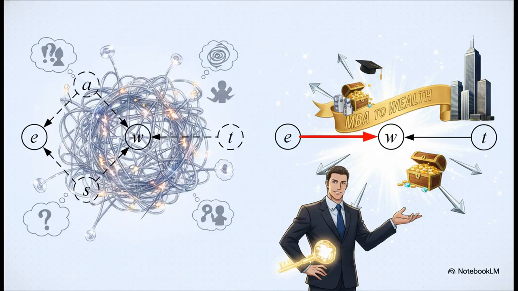The business school hides those messy realities. Instead, they cleverly introduce a brand new variable, let's say tenure or job experience, to create a sleek, completely fake arrow pointing directly from an MBA to wealth. By launching a promo campaign that links education, wealth, and tenure, they deliberately just leave out innate ability and social skills. Because of the mathematical relationship between the specific variables they did choose to show you, your brain looks at the data and logically concludes, wow, the only way this data works is if the MBA directly causes the wealth. They've successfully built a fake causal link just by selectively showing you one carefully chosen variable.